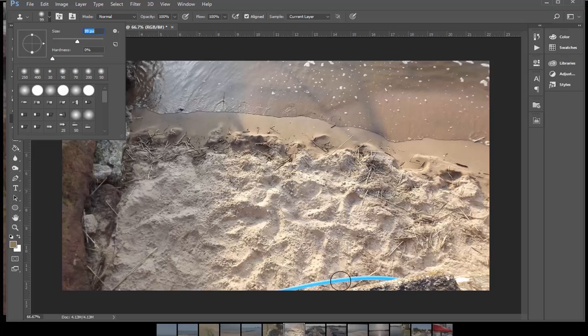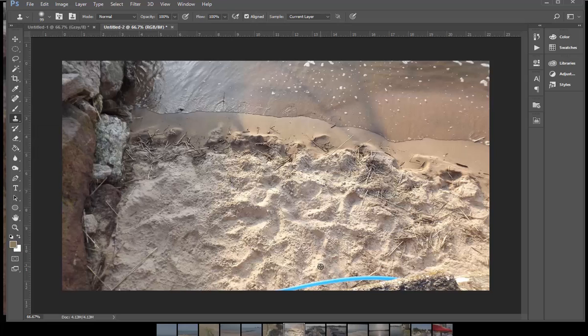Now when I hold down the Alt key, the brush circle changes into a target. So I click to sample the pixels and then bring this down and start painting with the brush, and you see what happens? That just goes away. I did that pretty quickly, so one thing you have to watch out for is duplication of a texture like that, and I also lost part of the rock,